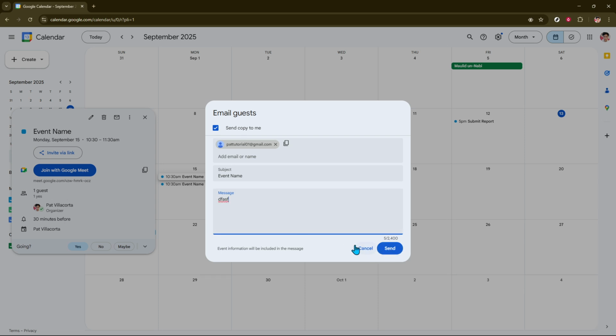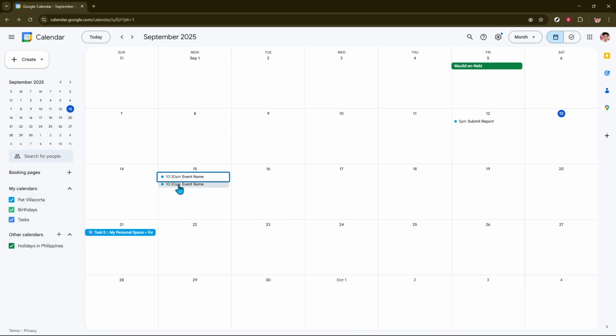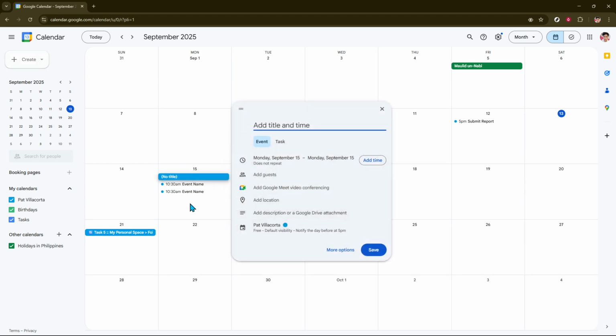It's a seamless way to ensure your invitees are informed instantly and can even add the event to their calendars with a single click. And there you have it. You've successfully learned how to easily share your Google Calendar event link and send invites. This approach can save you a lot of time while ensuring everyone stays connected and organized. Whether you're managing a small team or hosting a larger event, these steps make it easy to reach out and share event information